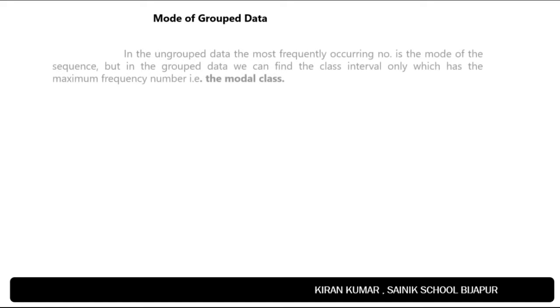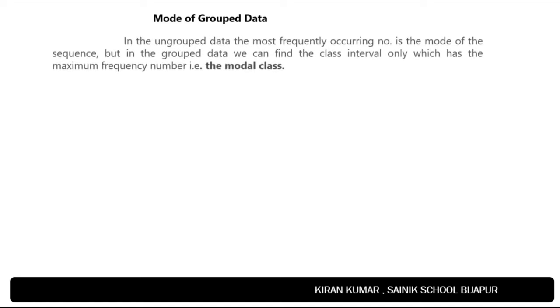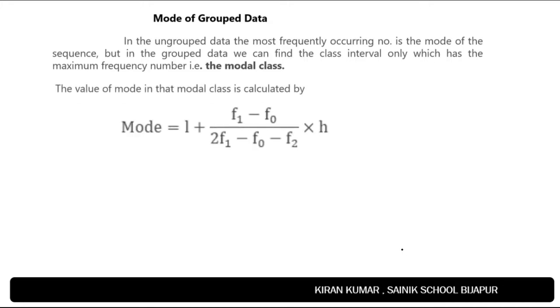But in group data, we have to find the class interval which has the maximum frequency, which is called the modal class, and the value of the mode in that modal class is calculated using the formula mode equal to L plus (F1 minus F0) upon (2 times F1 minus F0 minus F2), multiplied with H,